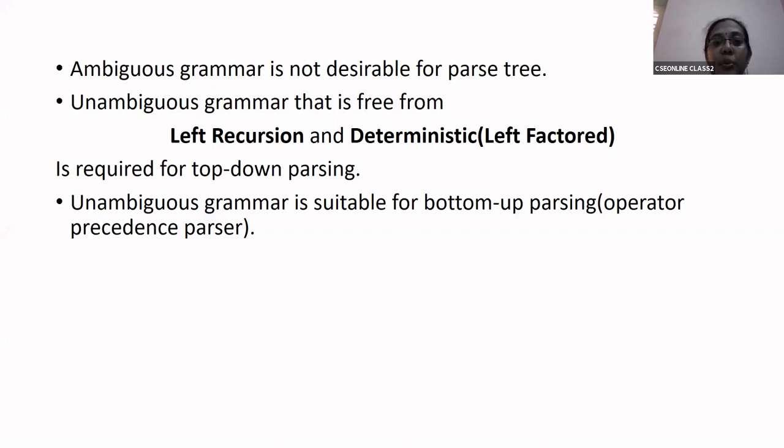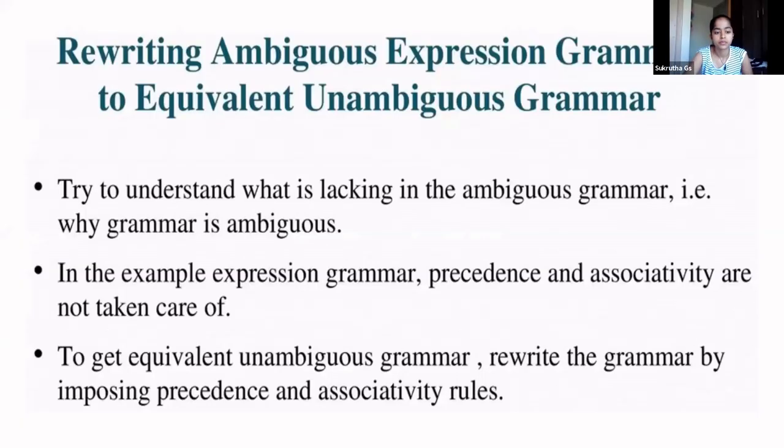So you'll have to remember three things. In case the grammar is ambiguous, eliminate the ambiguity. If it has left recursion, eliminate the left recursion. And if the grammar is not deterministic, perform the left factoring and make it deterministic before you go for top-down parsing. Now in the next few topics, I'll be explaining how to eliminate ambiguity, how to eliminate left recursion, and how to make use of left factoring in the grammar. Is that clear? Yes, ma'am. Fine.